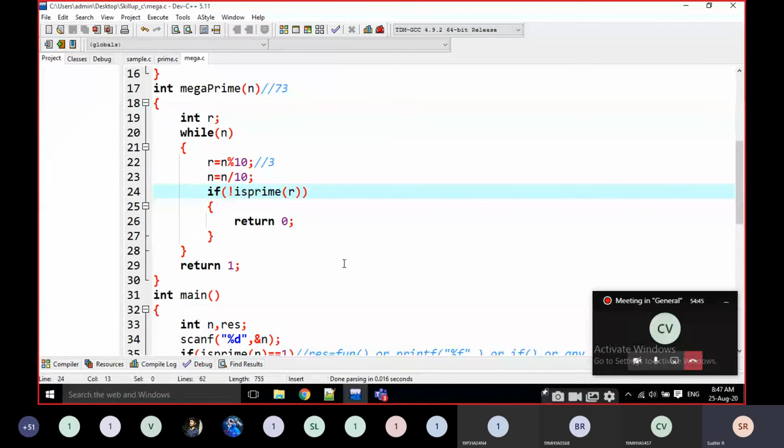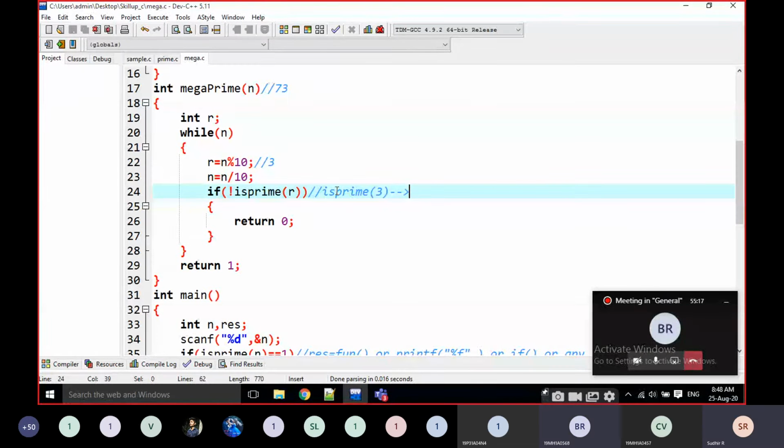Instead of that, for example, here what is prime of 3? What is it going to be written? Anyone? Students, is 3 prime or not?